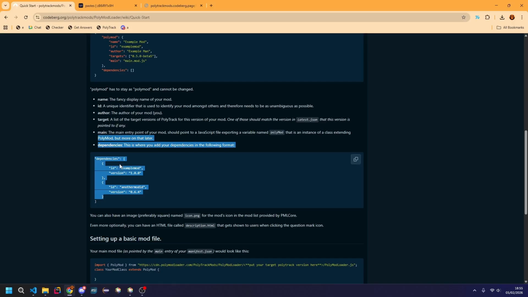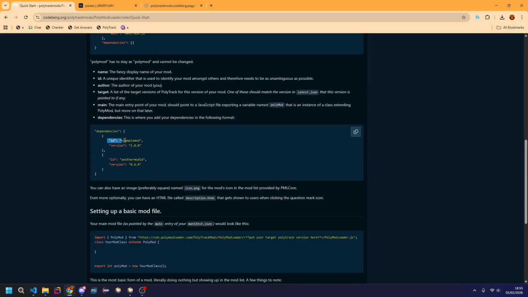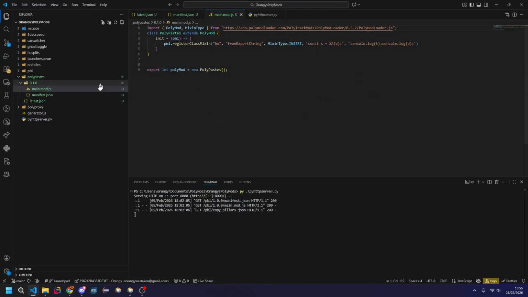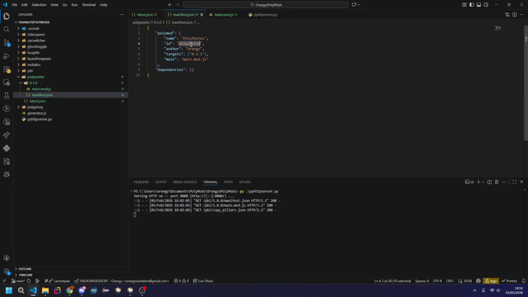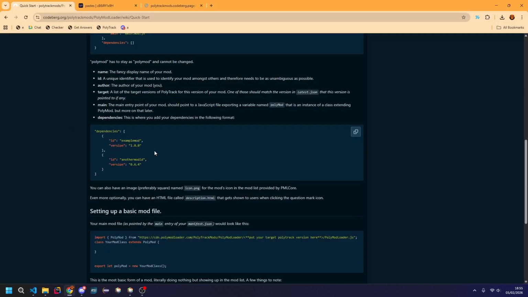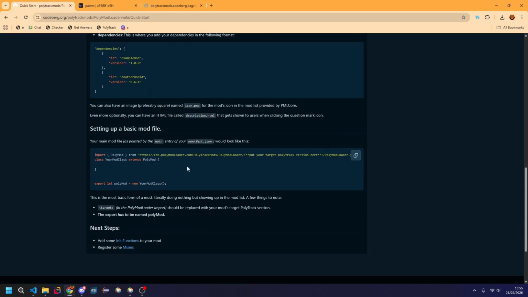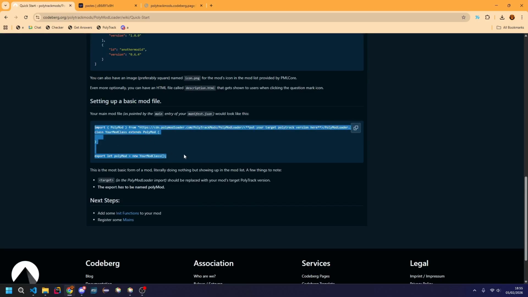Oh yeah, dependencies. Dependencies we don't need, but dependencies work with ID and version, so the ID of the mod. If you wanted to depend on, like, PolyPastes, then you depend on this ID and this version. For example, you won't need to. PolyPastes won't expose any API. You won't need it, but. And then the basic mod file, again, you can just copy this,